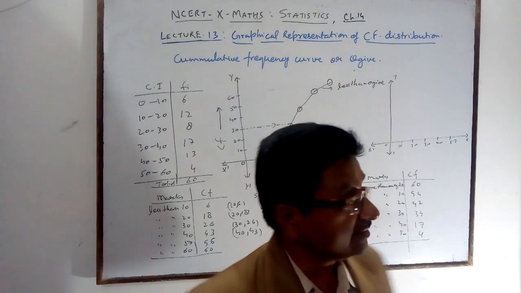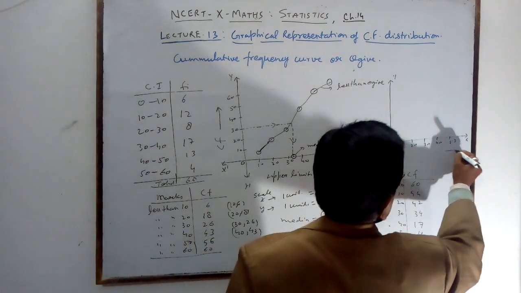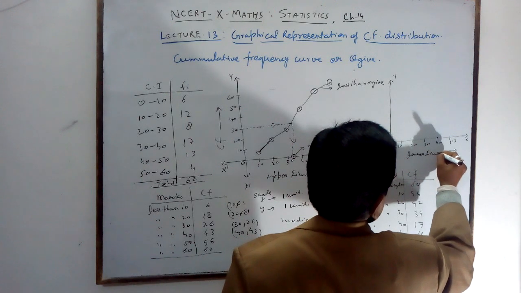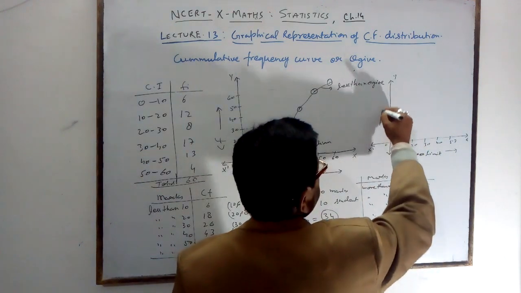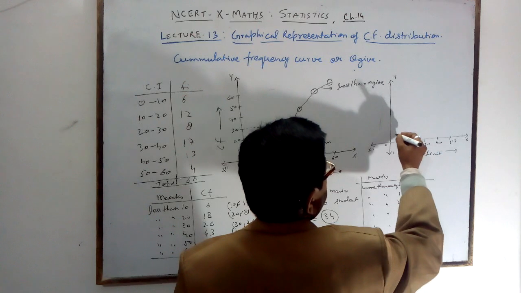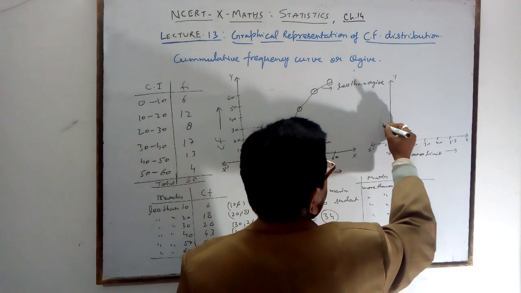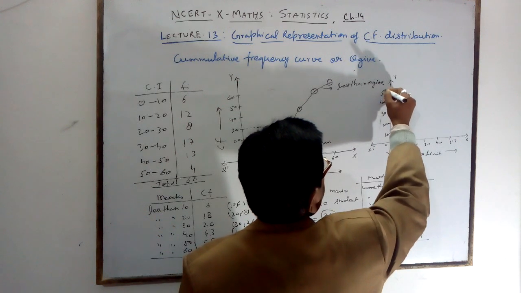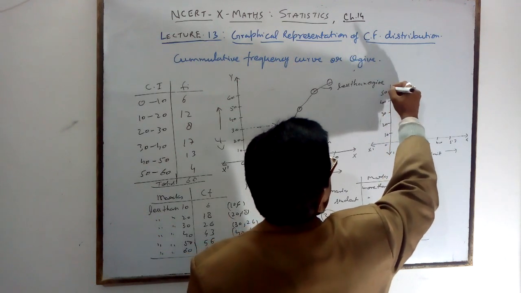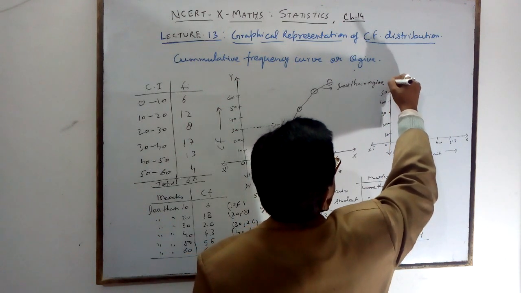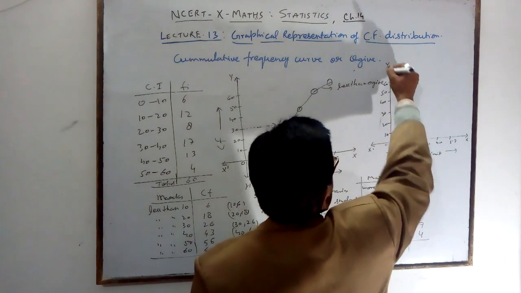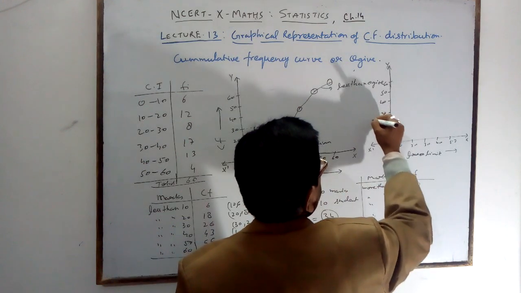Here again you write the cumulative frequency. It is the lower limit. What will you write here? Lower limit on the x-axis, and here CF you will take 10, 20, 30, 40, 50, and you will take the 60 also. 60, it is the Y dash, it is your CF.